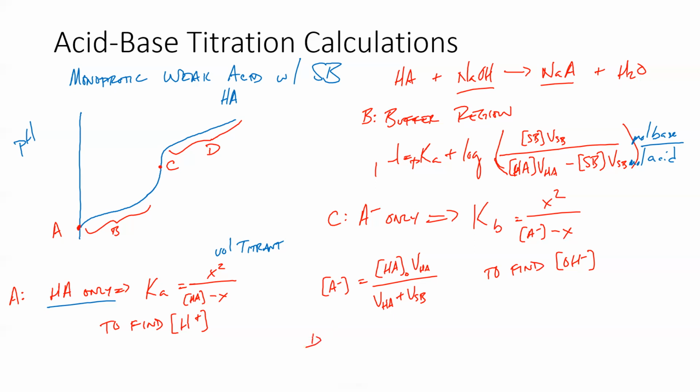Now at point D, all we have left is strong base. This is very similar to the strong acid, strong base situation. After the equivalence point, all we had left was strong base. And so this point D is exactly the same as point D in the previous slide, where all we have to do is find out the concentration of OH minus, the concentration of our strong base, equals the concentration of OH minus